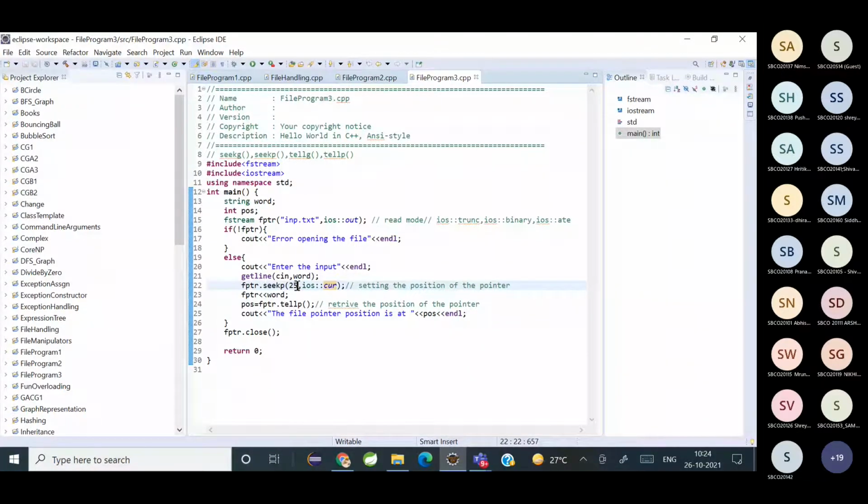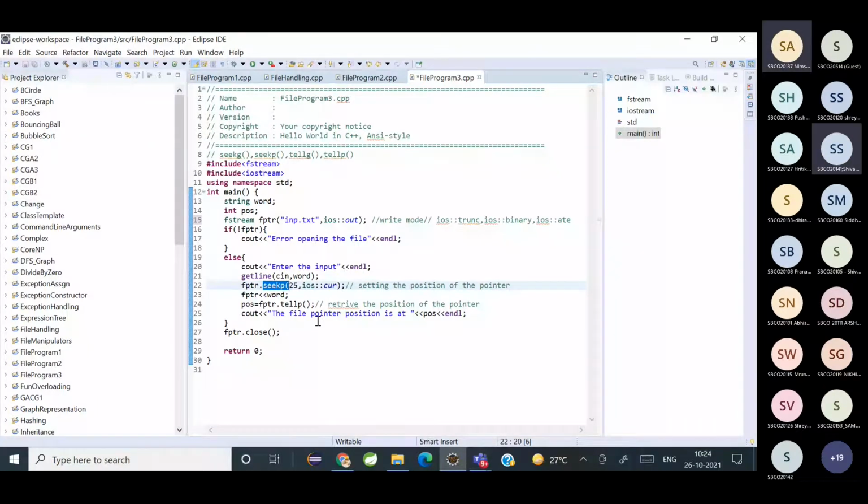So now you can see in line number 15, we have opened inp.txt in which mode? Output mode. We have used it in output mode, meaning you're going to write to a file. So in that case, what have we used here?